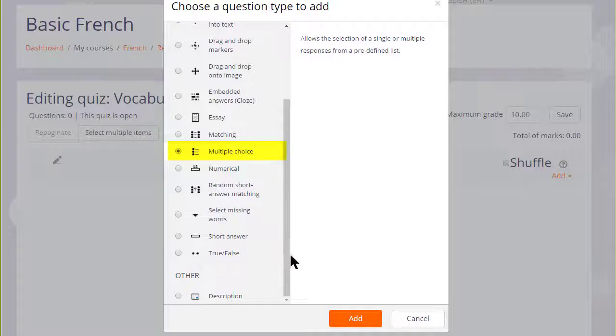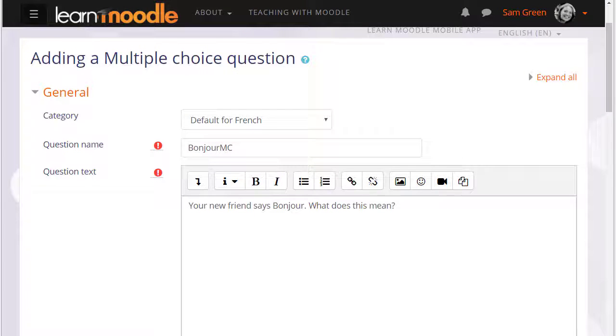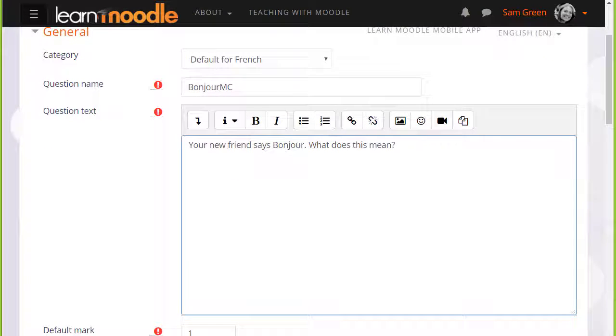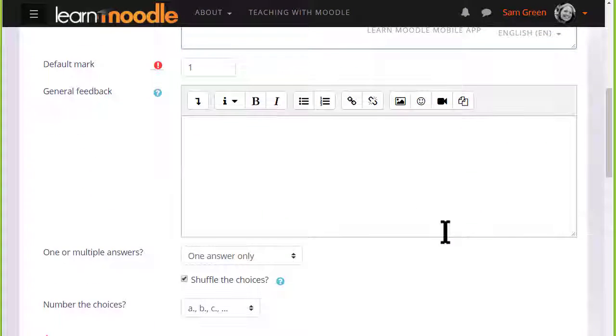We are then sent to the setup for this particular question. We have to give it a name, although the name doesn't appear in the quiz, but it's important because it's how it would be recognised in the question bank in the future, particularly if we have a lot of questions ourselves and perhaps shared with colleagues. In the question text, that is where we type the actual question, and then when we scroll down, what we see will depend on the question type, but we'll always be able to add general feedback for any question,